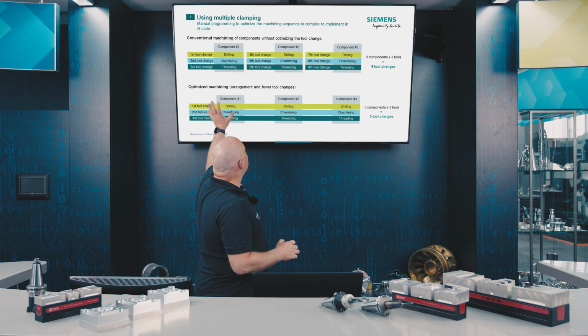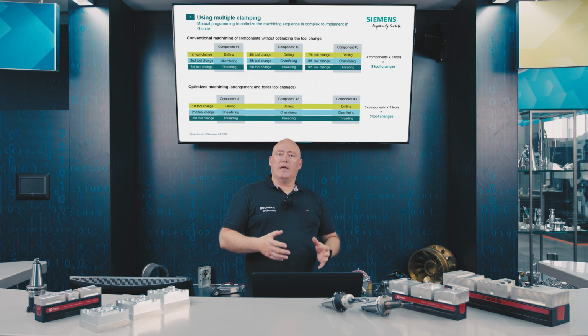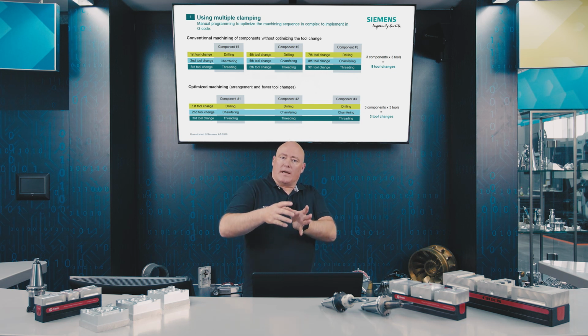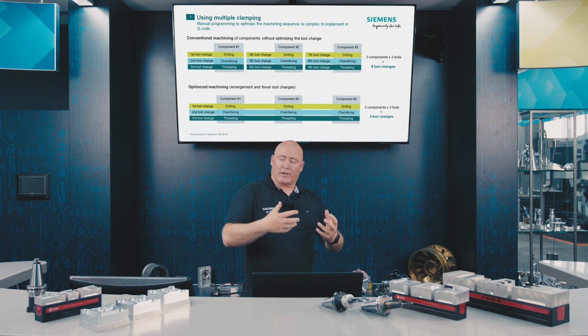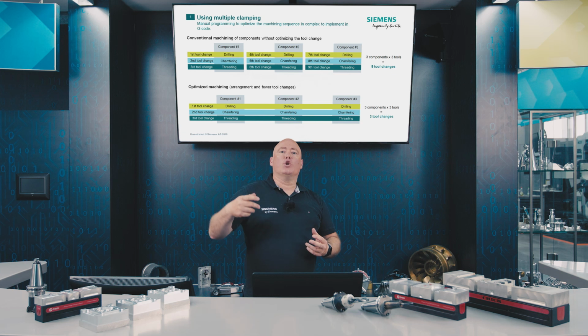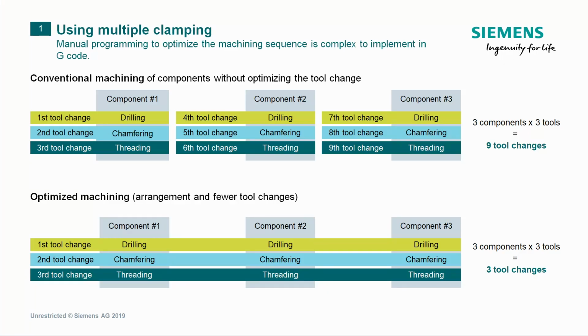The conventional type of processing is shown in the upper section of the schematic representation. 3 identical workpieces, each with 3 machining processes, where each machining process is simply adapted repeatedly for the other part. For 3 workpieces with 3 machining processes respectively, this then equates to a total of 9 tool changes. This is ineffective. As shown in the lower section, the most desirable variant, that is the effective variant, is 3 identical workpieces and 3 different machining processes. However, only 3 tool changes. This reduces non-productive times for the machine.